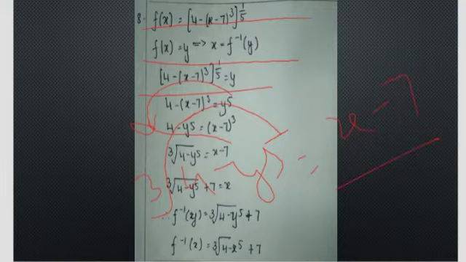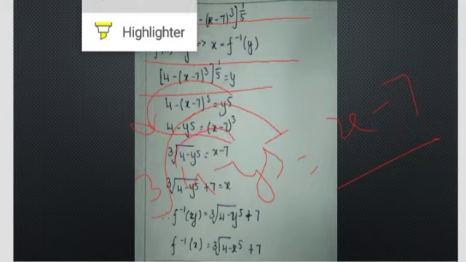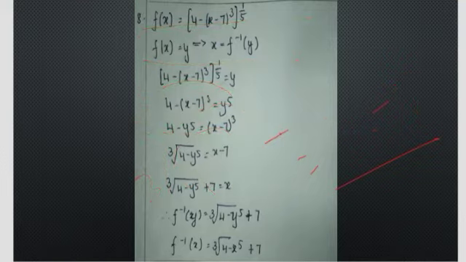Then after that, if you transpose the x that side and 7 this side, I think it's confusing a little bit. So now here x is there, 7 you send it that side, meaning it will become plus 7, and x will be here only. Then f of minus y is equal to 3x whole cube 4 minus y power 5 plus 7 is the answer.